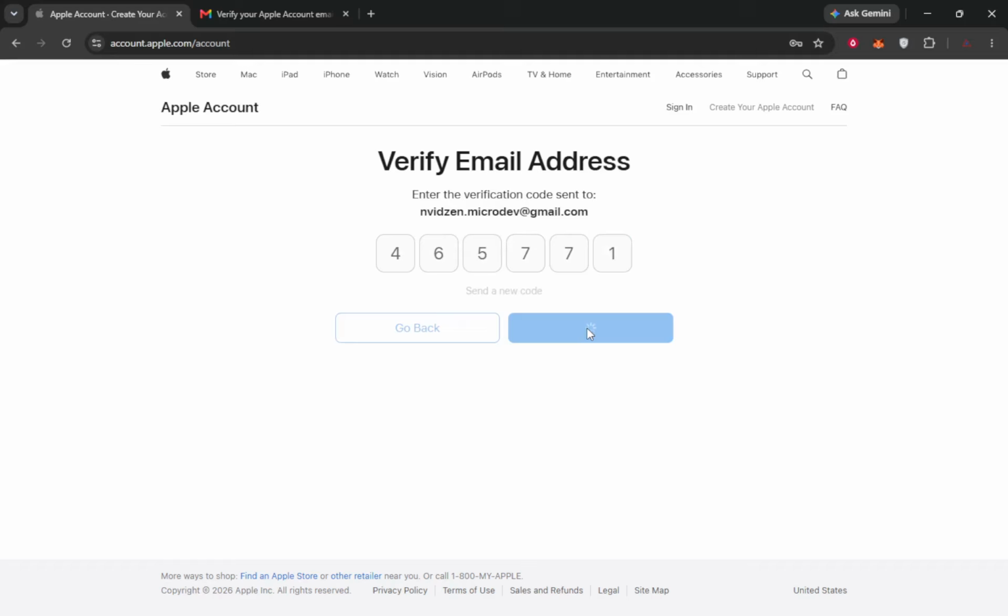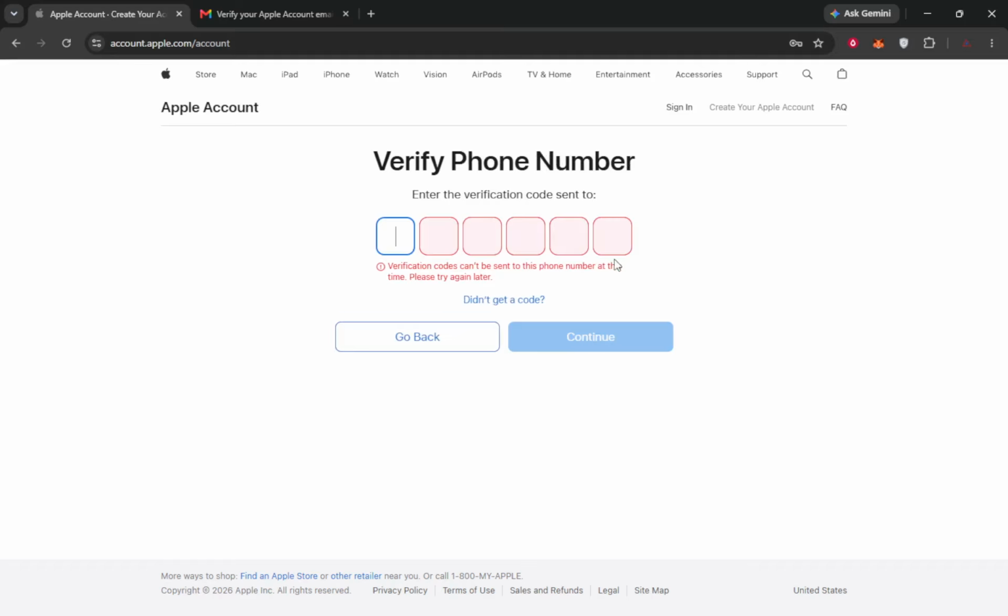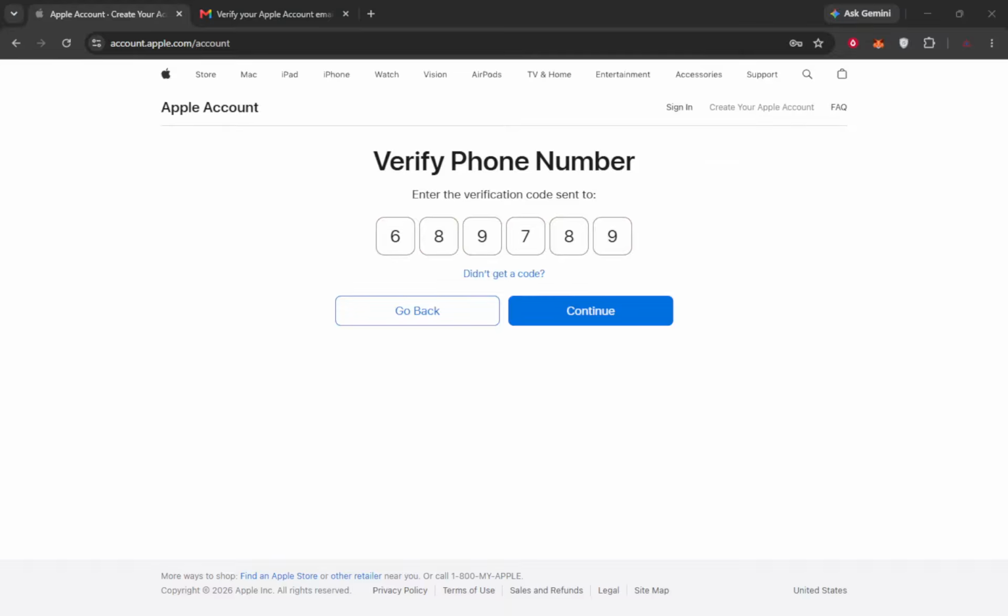You will see a confirmation page indicating that your Apple ID has been successfully created. This moment is exciting because it opens the door to all the Apple services you can now access. Remember, you can choose none as your payment method during setup if you do not wish to add a credit or debit card right away. Congratulations, you now have your very own Apple ID.